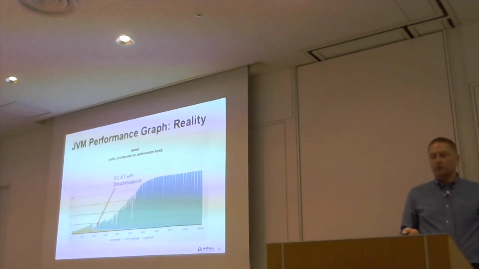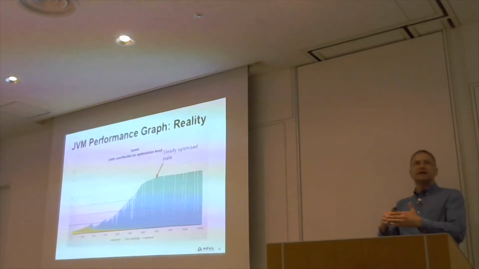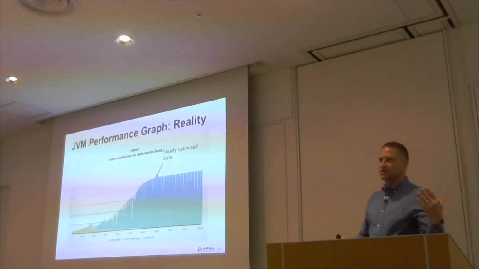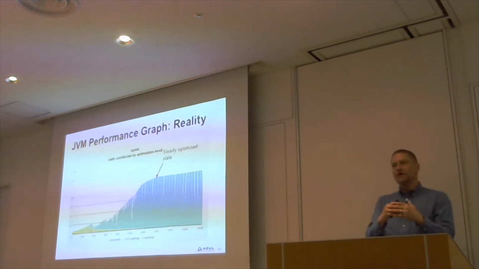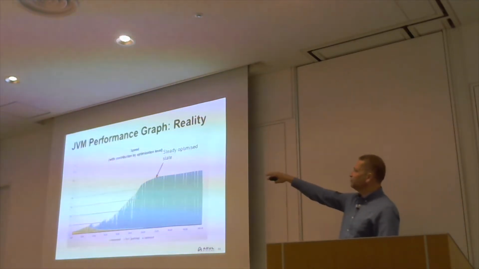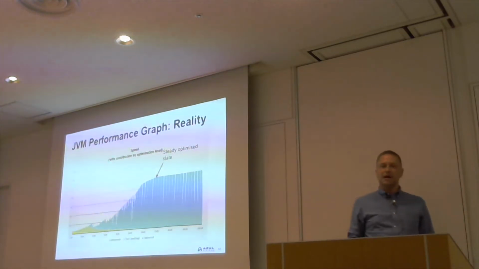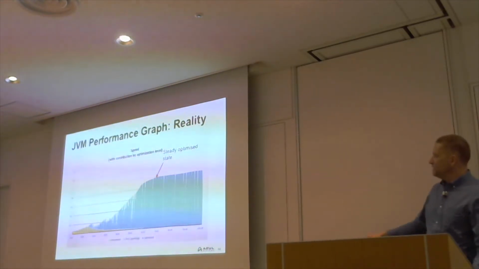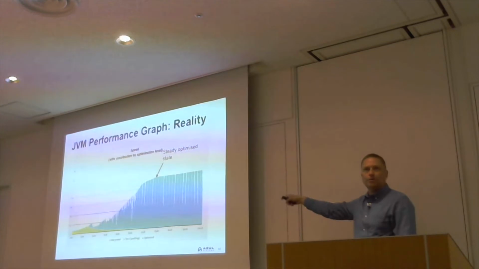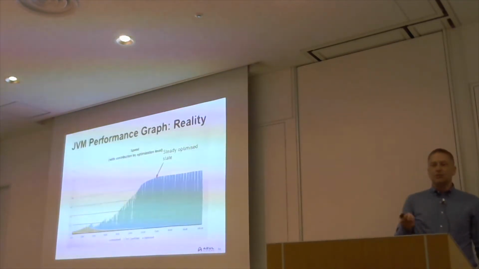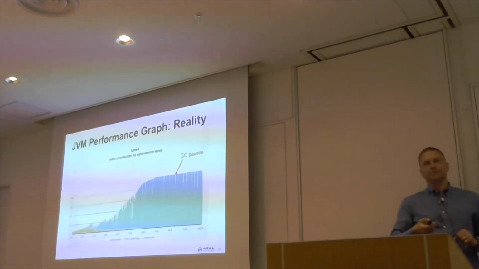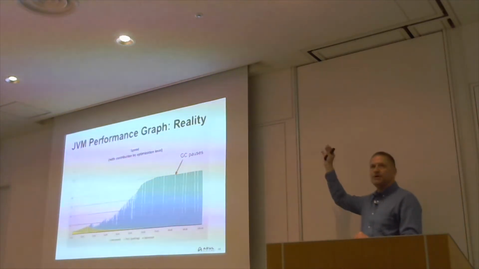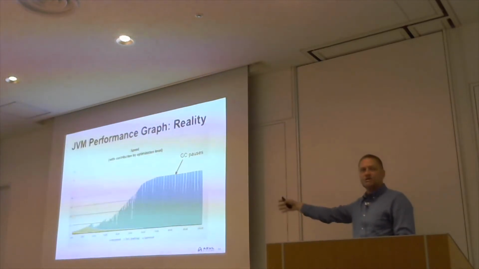Once we've done that for a while, we get to a nice steady state of optimization. So the application is running, it's been running for a few minutes, maybe half an hour, and we've got nice optimized code. We're at our sort of peak level of performance in terms of the application. However, we still see these dips in performance every once in a while. The reason for those is not to do with the JIT compilation, but it's to do with garbage collection. So garbage collection comes along and says, we need to do something to clean up, and it pauses the application threads, which stops them and then reduces performance.